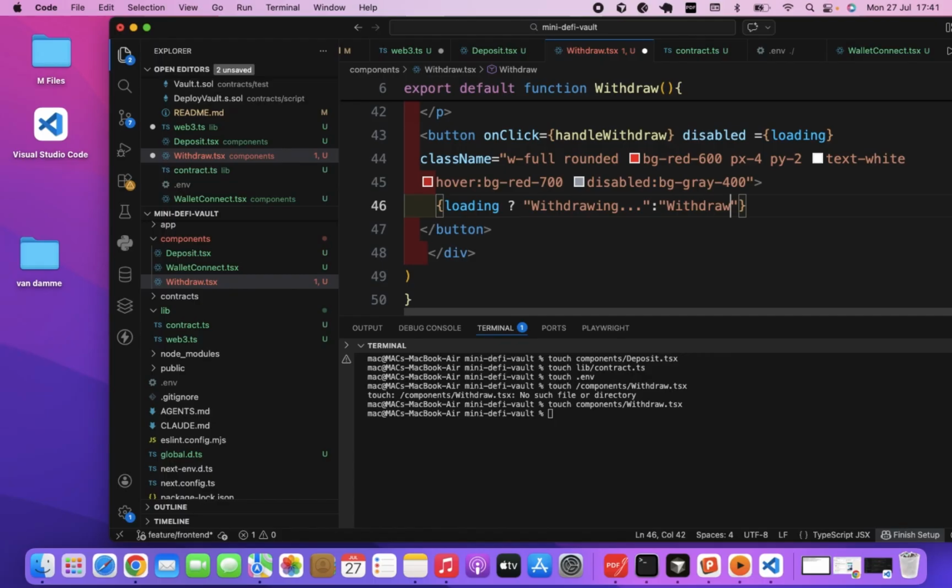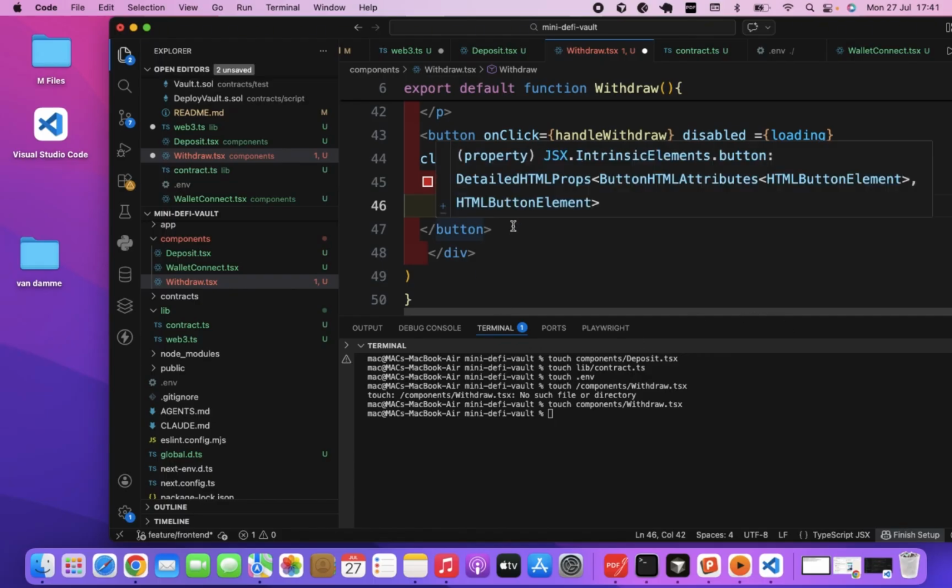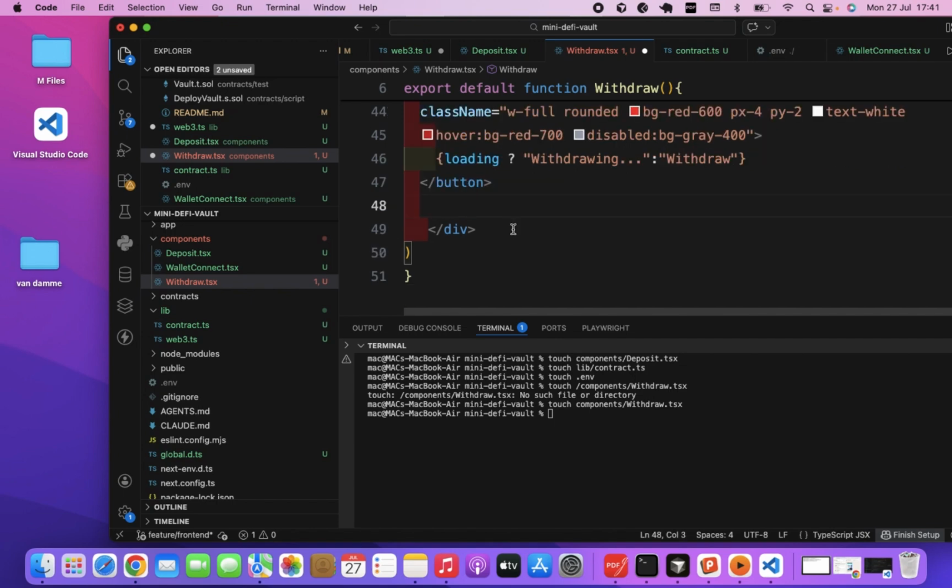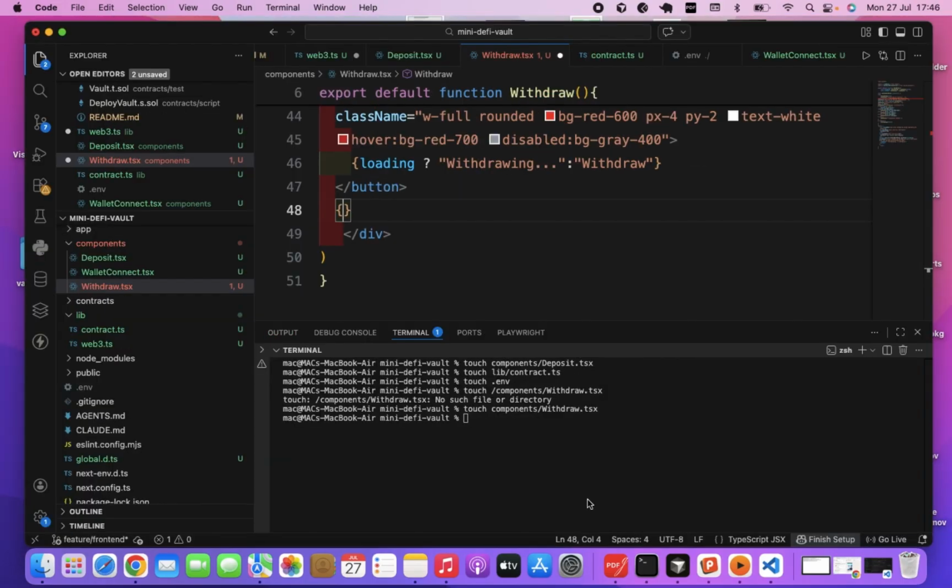Then we'll close the button tag, which we have done here. Then after the closing button tag,